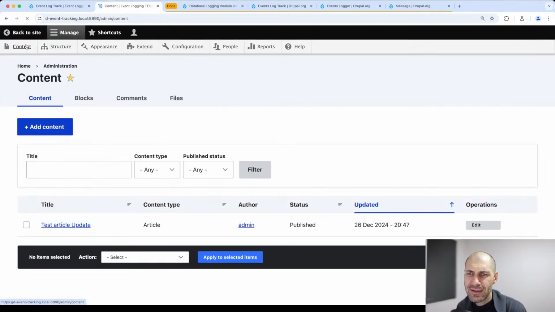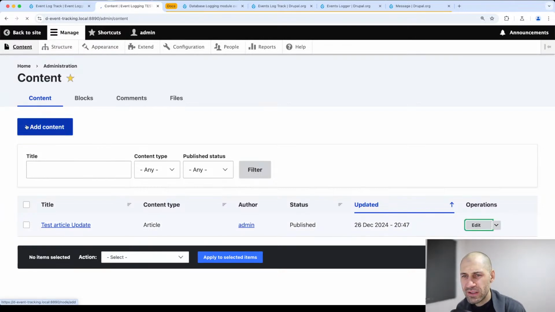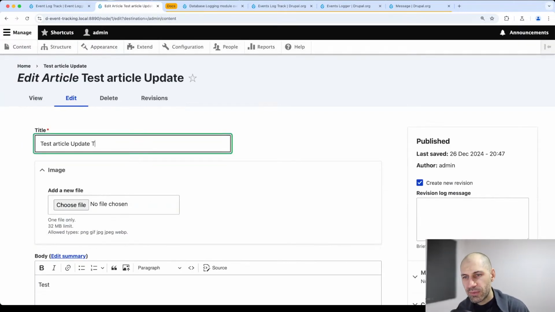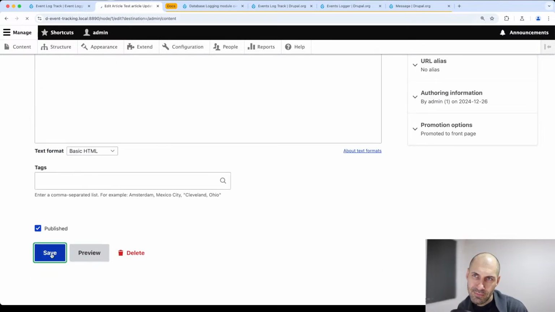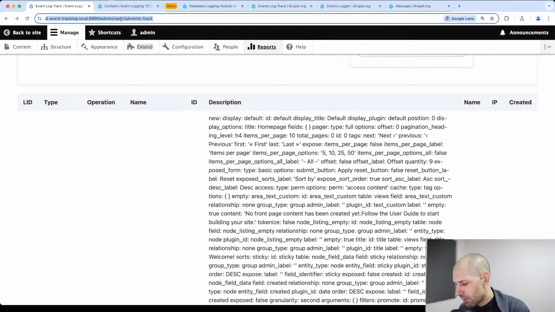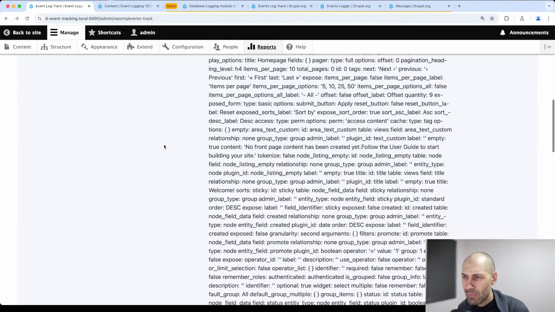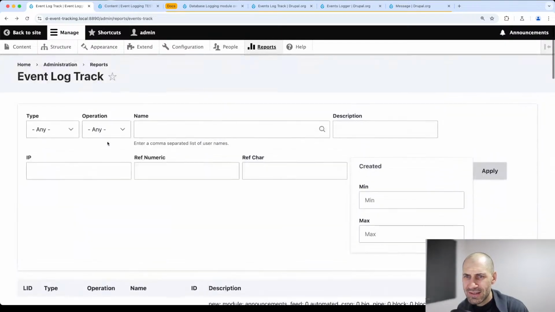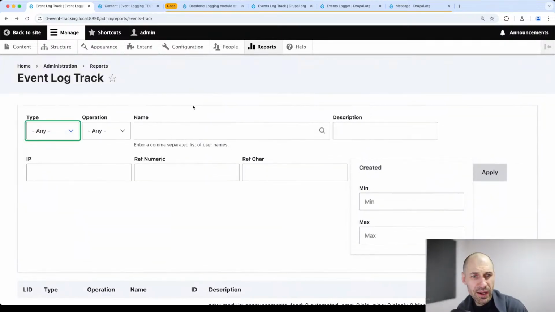And if we go and update a piece of content, and go to our event logger, you will notice that it doesn't actually work. Now, why is that? Well, because we're using Drupal 11.1, and 11.1 has these new, object-oriented hooks. So the way you define your hooks has changed. So the module hasn't been updated yet for the new hook way of doing things,